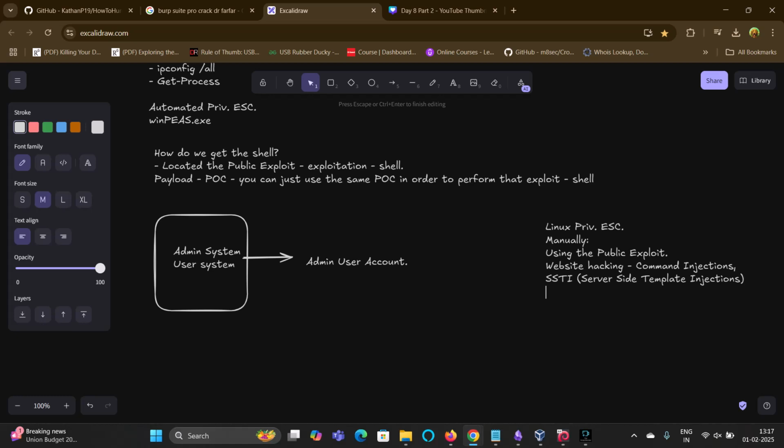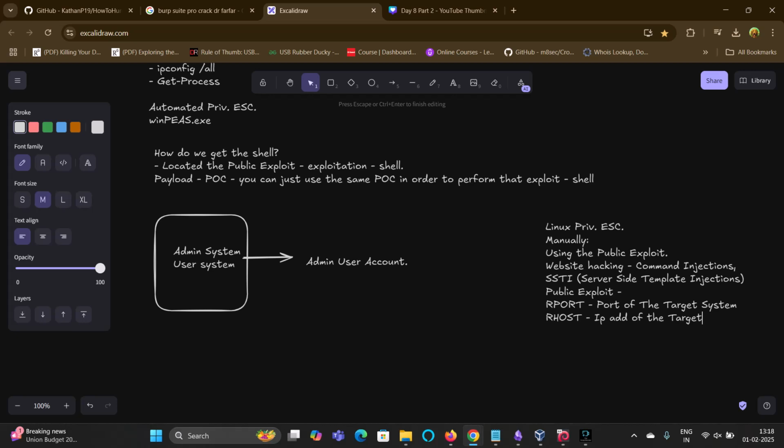If you need to use the public exploit, you just need two things. That is RPORT, which is the port of the target system, and RHOST, the IP address of the target system.